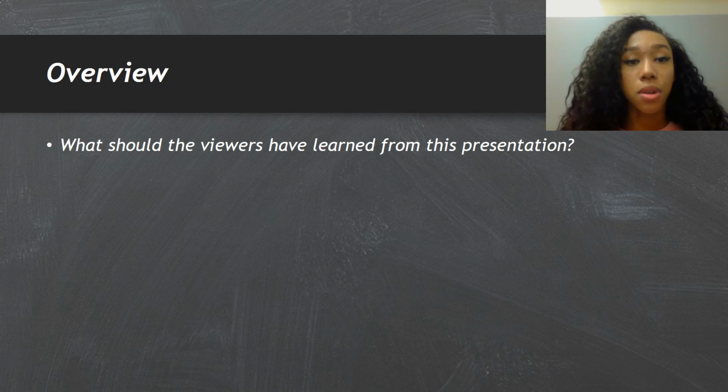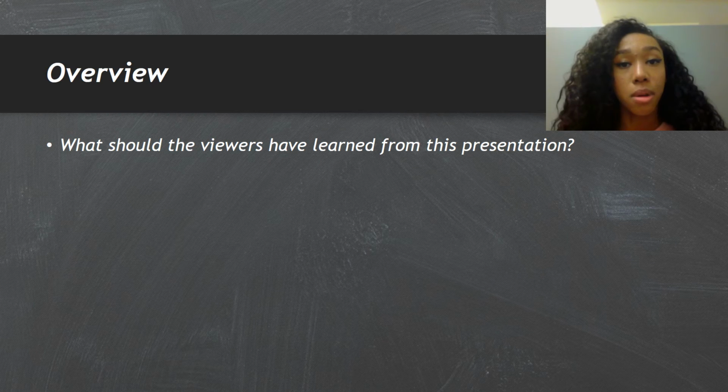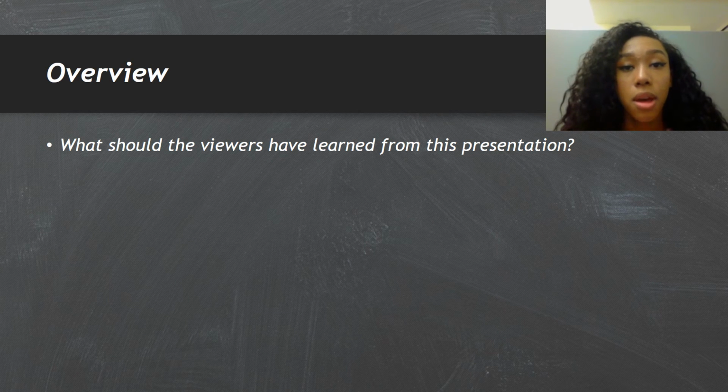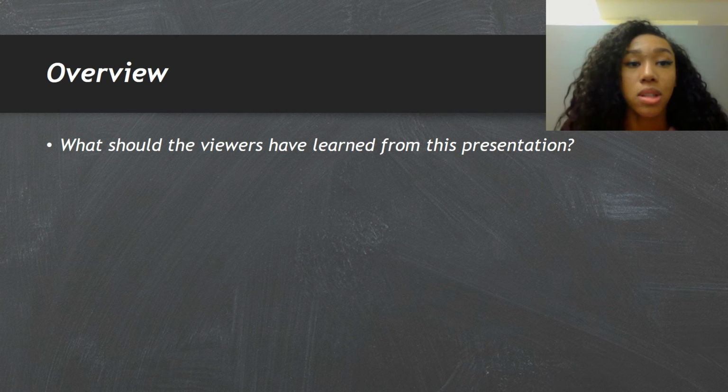So basically, that was an overview of the Dyskerin protein. What you should have learned from this presentation is where the Dyskerin protein is located, which is at the ends of chromosomes where telomeres are produced; the function of Dyskerin protein, which is to regulate the amount of telomeres produced, which also affects aging and is very essential for many parts of the human body; and the mutation that can occur when Dyskerin protein is disrupted, which is